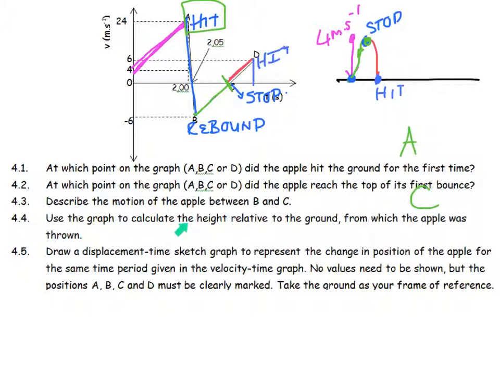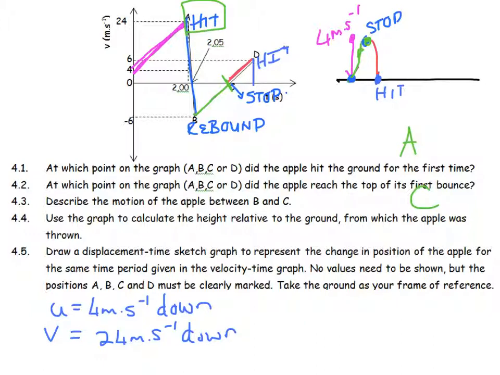Use the graph to calculate the height relative to the ground from which the apple was thrown. In other words, this height over here. We've got an initial velocity of 4 meters per second down. We've got a final velocity of 24 meters per second down. We've got an acceleration of 9.8 meters per second squared down. And I am trying to find a displacement, so I'm going to say